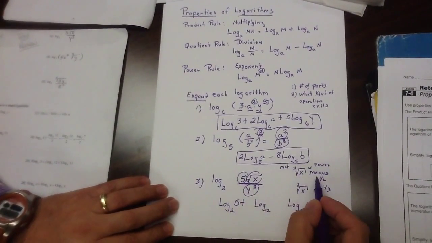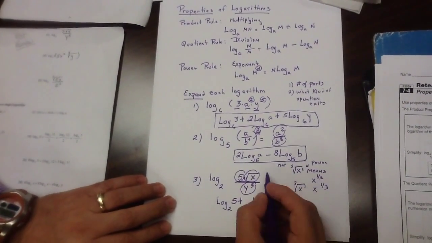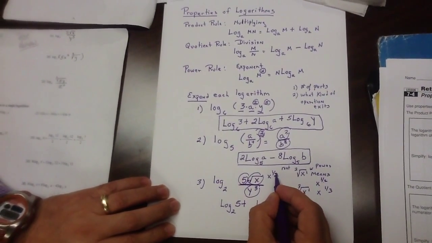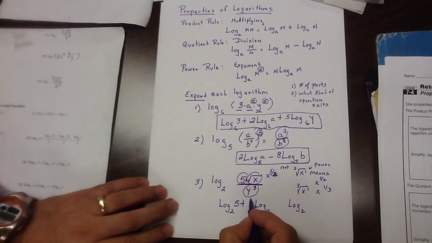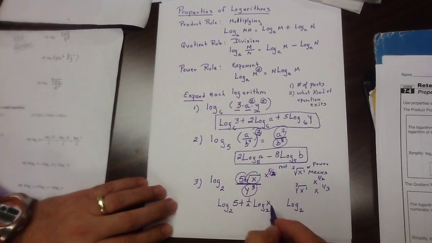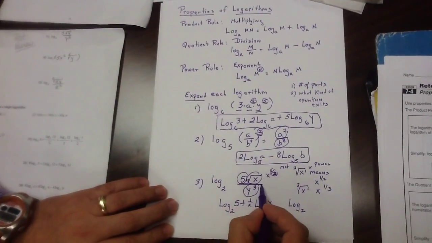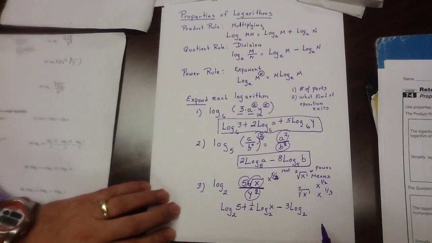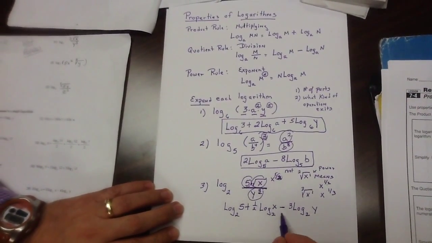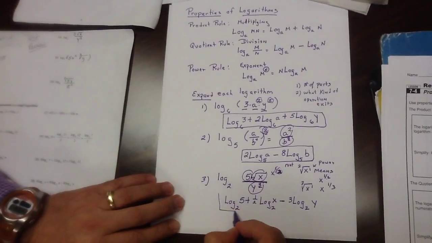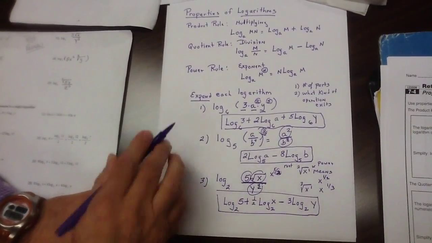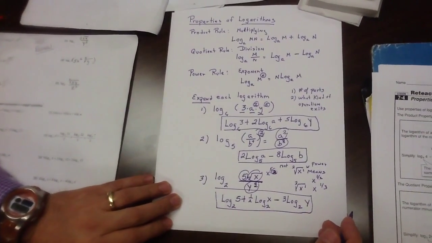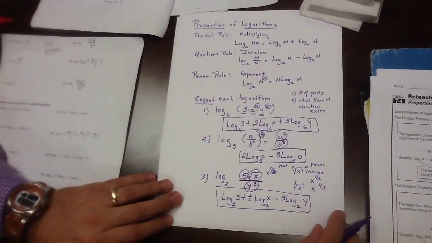Square root means that it's a fractional power, so this right here means it's x to the 1/2. If it's a power, it goes in front, then x right here. Division means minus. Again, I have a power. It goes in front of the log, and then y. So here's the answer for this problem. Right now, we looked at 3 different kinds of expansions. This will give you some assistance on how to solve those. Okay, so now